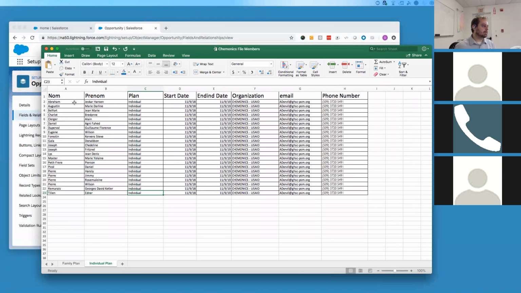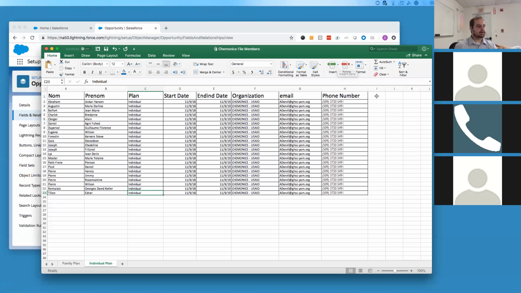Okay, so let's say that we have our opportunities, and we need to update some of this data on the opportunity, and we know all of these contacts exist in the system. So the question is, how am I going to go and track down a match, and how are we going to go and find those IDs for these contacts? And so basically what you're going to do is you need to find a data field that you know is going to be unique for each contact and go and create it. So here, let's assume that we know that the full name is going to be